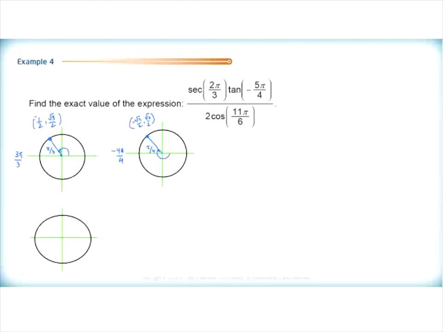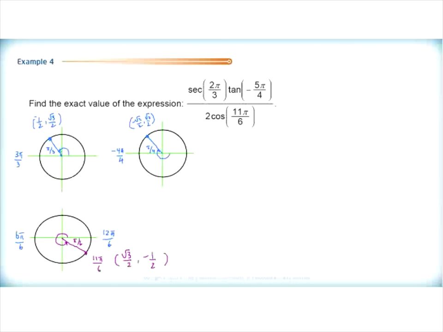And finally, 11 pi over 6. This is 6 pi over 6. This is 12 pi over 6. So 11 pi over 6 is 1 pi over 6 less than 12 pi over 6, which is approximately here. So there's my rotation of 11 pi over 6. My reference angle, of course, is pi over 6, or 30 degrees. A reference angle of pi over 6, 30 degrees, gives me a point, root 3 over 2 in this quadrant, and negative 1/2. Okay, now that we have our 3 points, we should be able to quickly determine the secant,